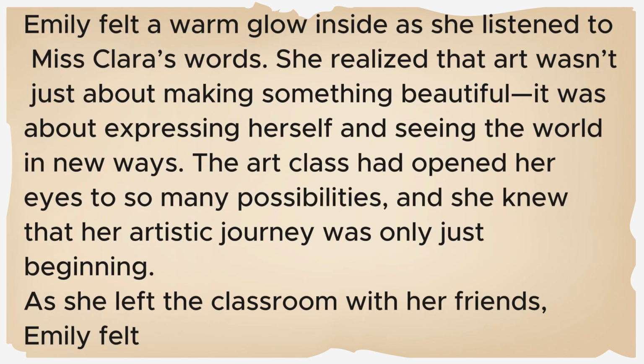Emily felt a warm glow inside as she listened to Miss Clara's words. She realized that art wasn't just about making something beautiful, it was about expressing herself and seeing the world in new ways. The art class had opened her eyes to so many possibilities, and she knew that her artistic journey was only just beginning. As she left the classroom with her friends, Emily felt